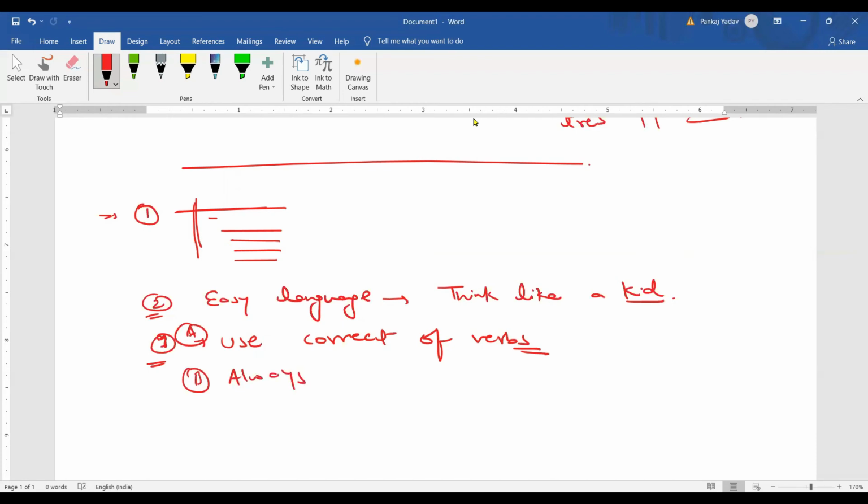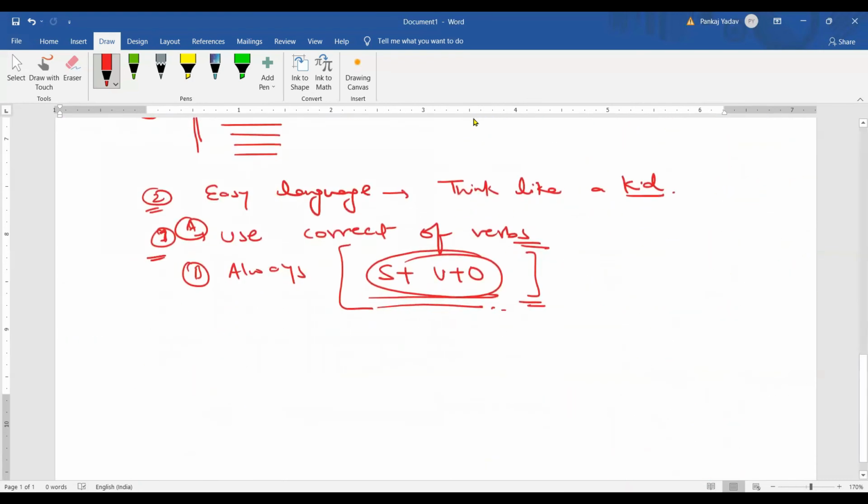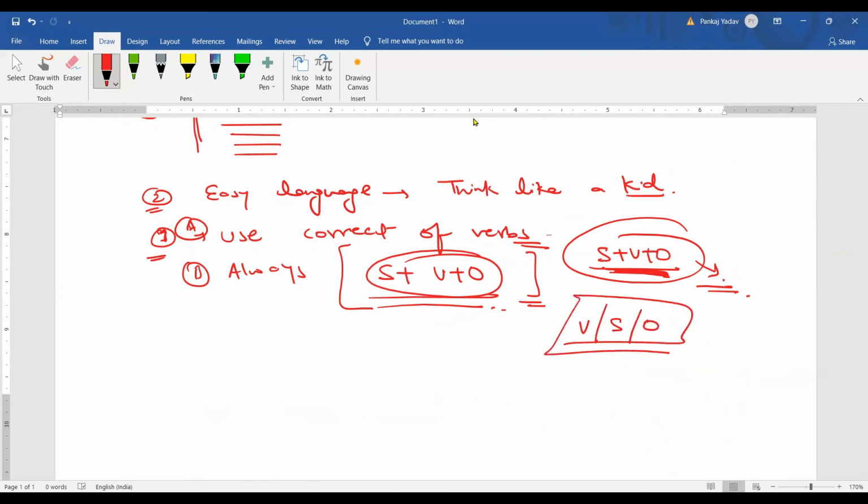Now इसी के ही अंदर, in the same thing, you need to remember that always follow the structure of subject plus verb plus object in the beginning level. All right, if you're not going to use such kind of things, you will lose marks. For example, here she forgot to write il est pénible, être verb. All right, so always remember subject plus verb plus object. If you lose this, you will lose marks. No matter what your level is, you will always going to follow this. There will always be a verb, a subject and an object in a sentence, always.